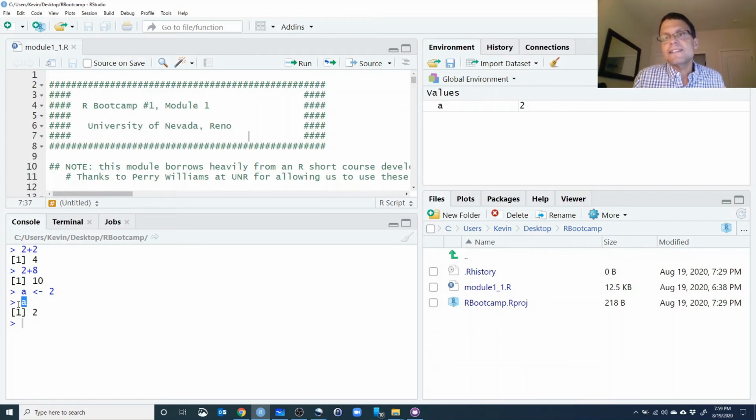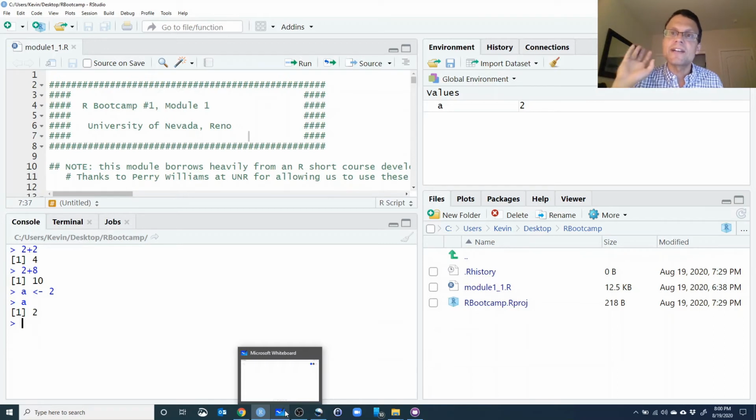So that's just the basics of how to create an object. I would recommend that you create your own objects. Objects can be anything. We're going to work with very complex objects later in this bootcamp. Here's another example. So if I wanted to make a variable that stores the name of somebody's actual name, I